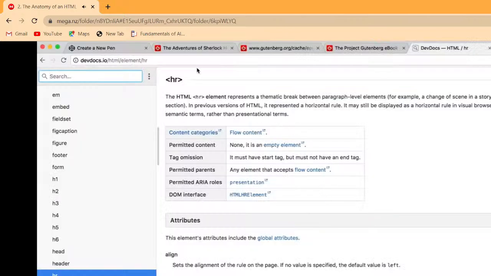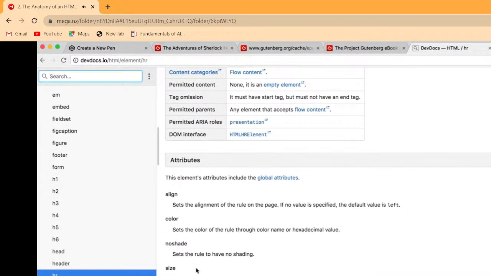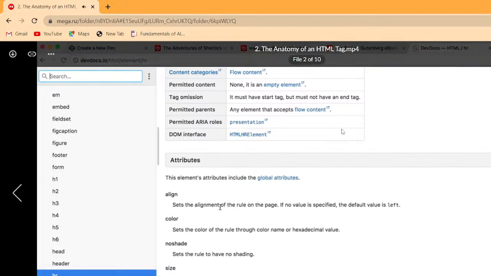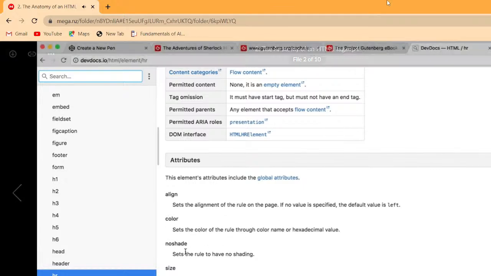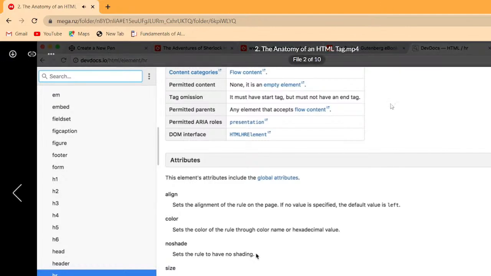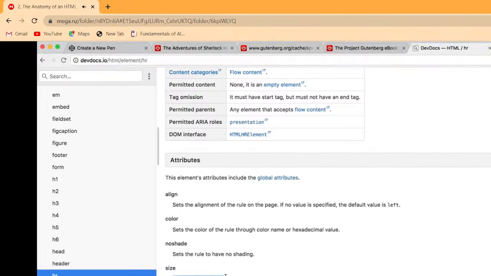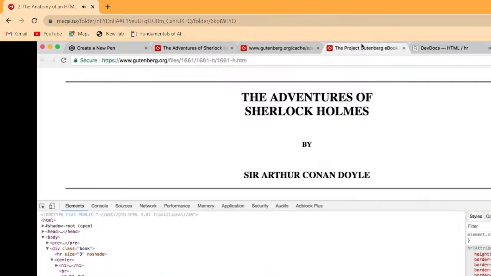In this case, the horizontal rule element has actually quite a few attributes, including align. So you can specify if you want your horizontal line to align to the left or align to the right or be centered. You can specify the color of the horizontal rule. You can set whether you want the horizontal rule to have shading or not. And you can also set the height in pixels of that horizontal rule, which is what we saw earlier on